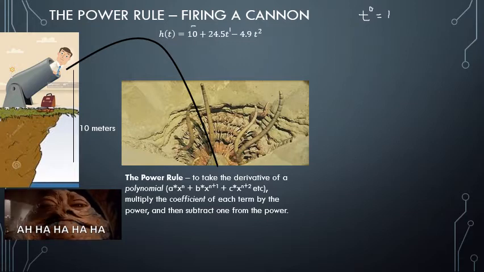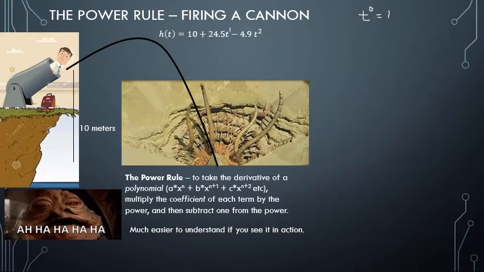So right here, this 10 term, 10, is technically 10 times t to the 0. We just don't need to include the t to the 0 in there because it doesn't change anything. But technically, there's a t to the 0 term there. We've got 10 times 1, or 10 times t to the 0. So we've got a polynomial here, a second order polynomial is what we call that, because it goes all up to t squared, or t to the second. And so when you see a polynomial like this, you can take the derivative of it using the power rule,